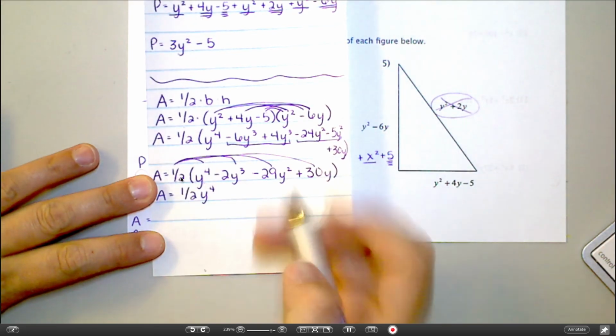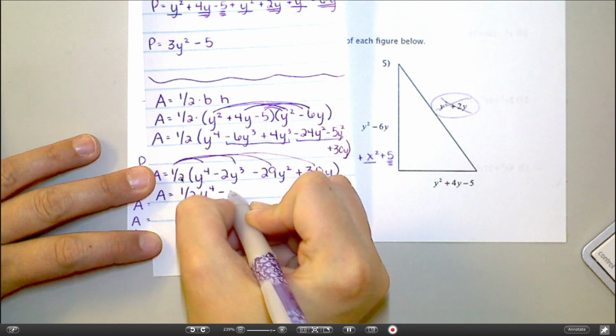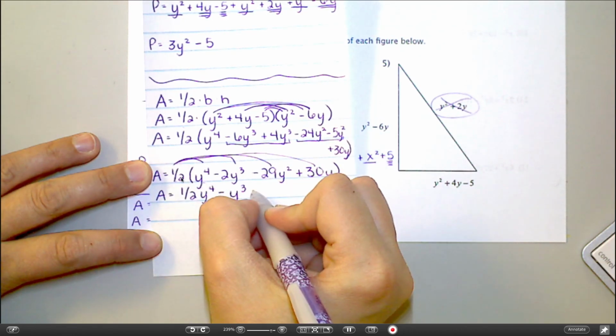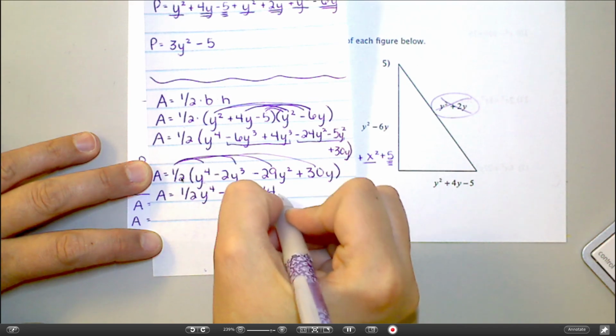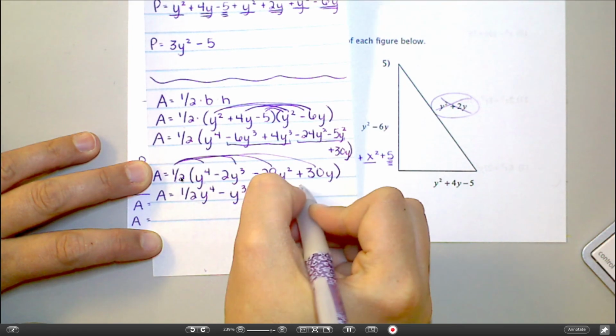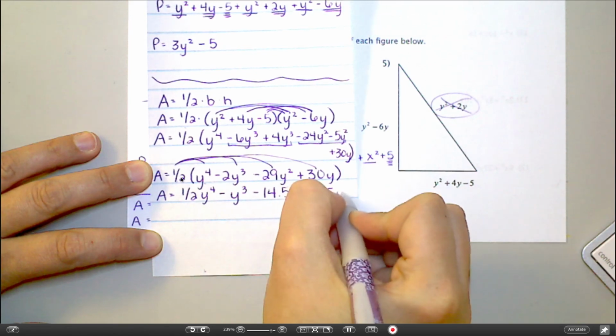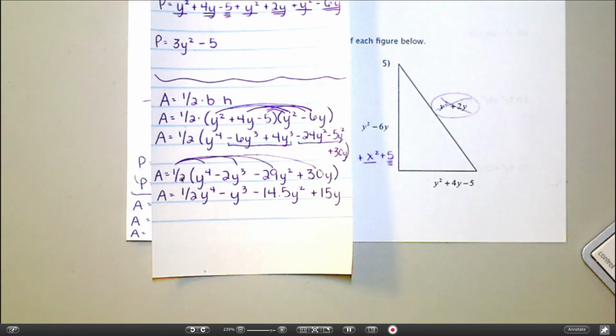What's 1/2 times 2? 1. So that'd be just 1y to the 3rd. 1/2 times 29 is 14.5. And 1/2 times 30 is 15. Okay, and there's your final answer for area. So, kind of a mess. Okay, make sure you have that